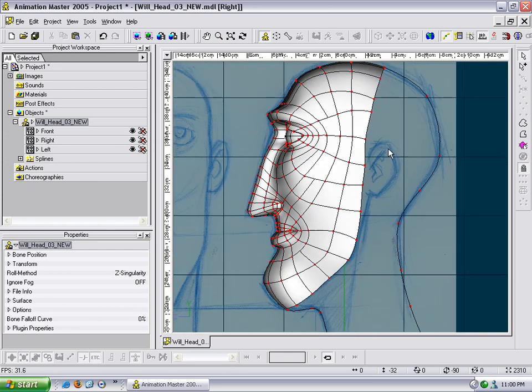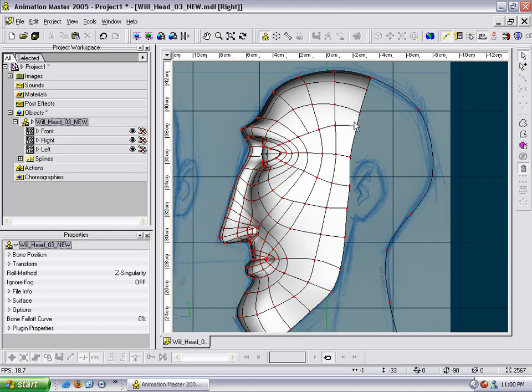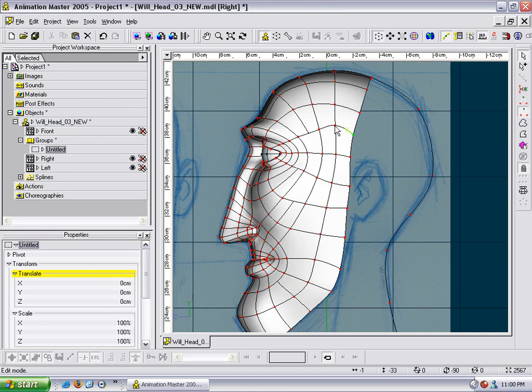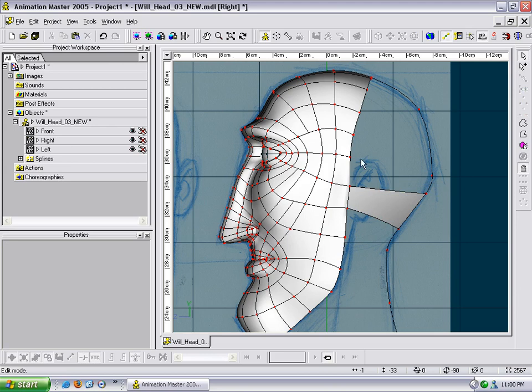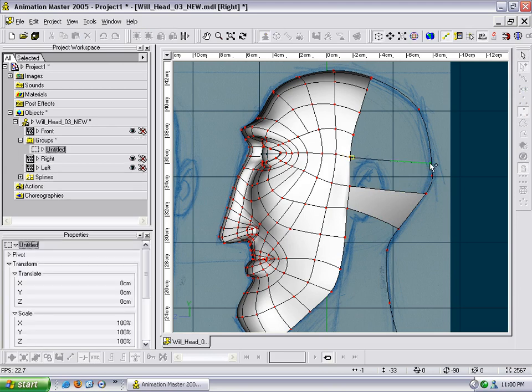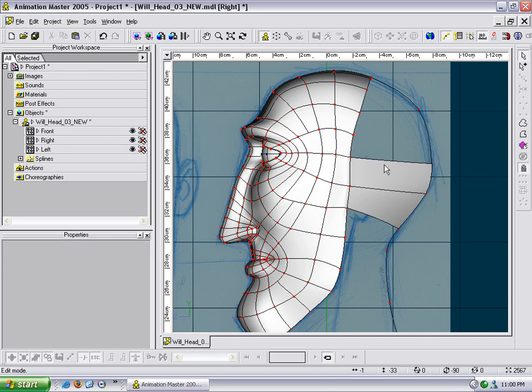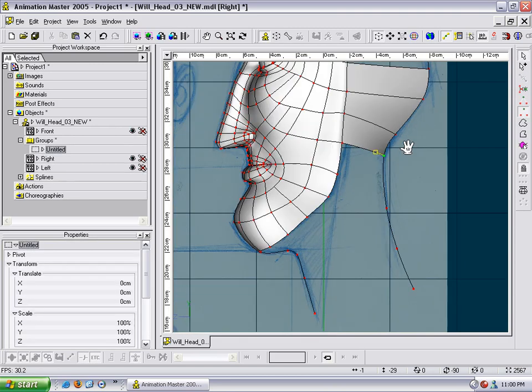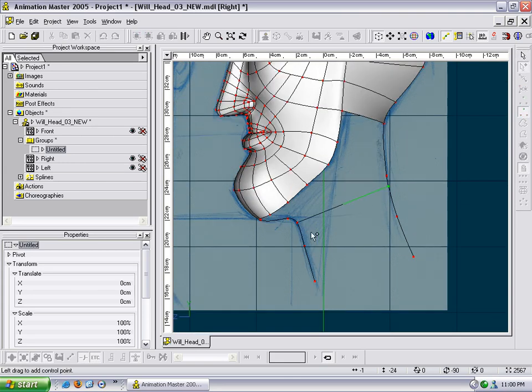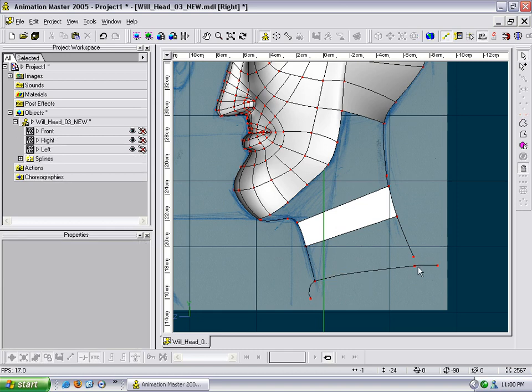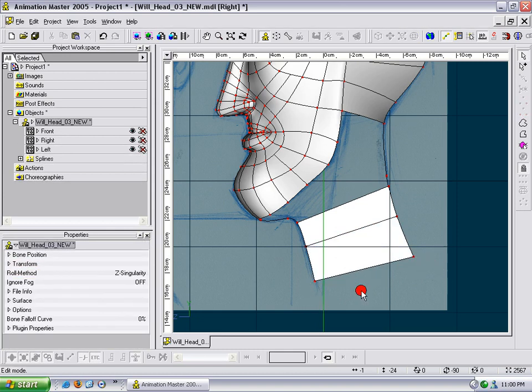Now that we've got that done, what we want to do is continue on down. And what I'm going to do is these splines here, I want to continue them around the head, and these I just want to go straight across. So I'm just going to go straight across here, here, get rid of this one, and bring this one straight over, get rid of that, and this one here. I want to go from here over to here first. Now the reason why I have to do this is I want to keep my continuity correct, so I select those in there, delete that,